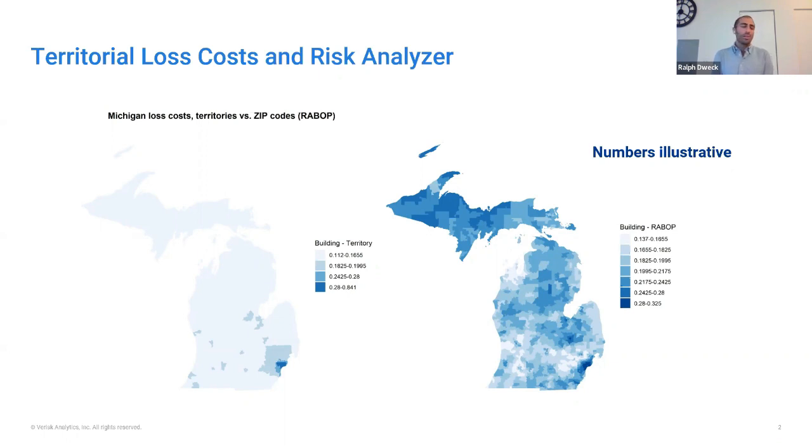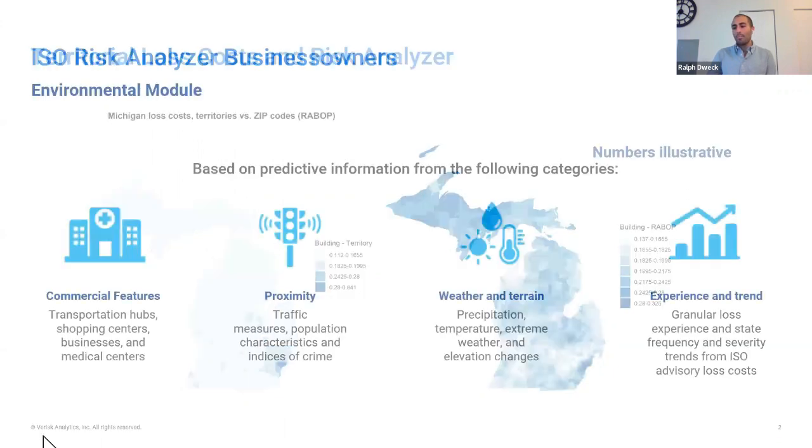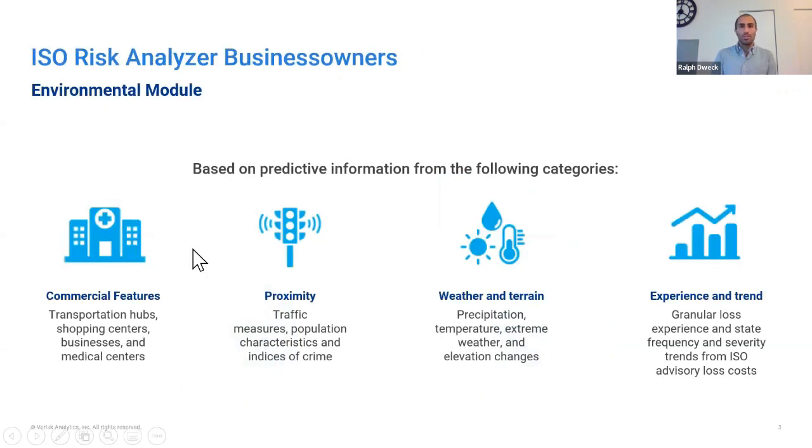And as you can see, it's a lot higher resolution or granularity. And it's quite useful for insurance companies to have that information. So that's the goal we always work towards with a product like this. We're trying to get more granular. Obviously, it comes with its challenges, and that's usually where predictive modeling comes into play, along with good data assets. In particular, to produce a level of insight at the zip code level like that, we rely on data